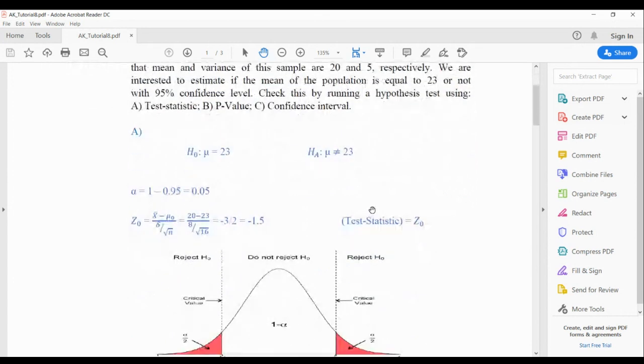Okay, so first things first, whenever we ask you about hypothesis testing, doesn't matter which case A, B, C we are talking about, we should construct our hypothesis. H0, null hypothesis, and HA, alternative hypothesis. We told you that we want to check whether mean of population, mu, is equal to 23 or not. The case of not equality, we prefer to put on our alternative hypothesis, because at the end, as I told you in the lecture, we want to construct everything based on HA in terms of my graph, so that I understand what is related to the rejection area, what is related to the acceptance area,